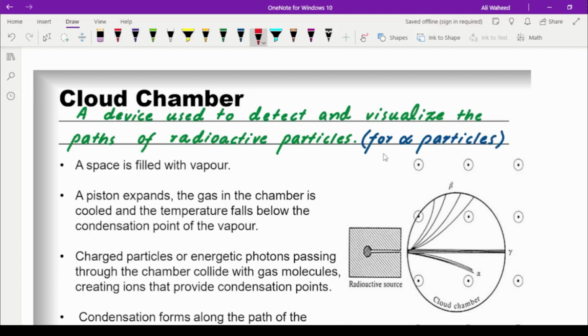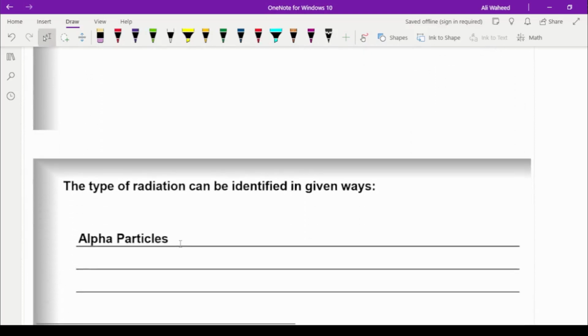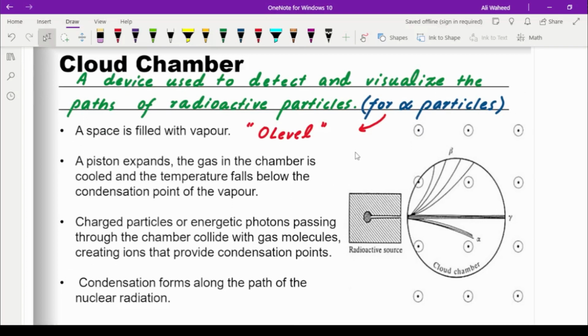For alpha particles as per the O-level physics syllabus. So it can be used for the detection of any radioactive particle, alpha particle, beta particle. Just for our syllabus, we'll refer to this device whenever we have to detect the presence of alpha particles. Then you have a bit of the explanation. You need to just go through it, and how it works is,